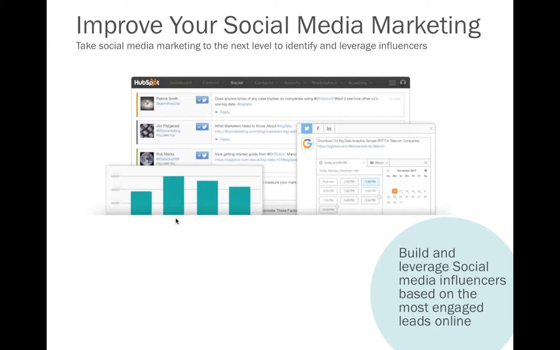So this is one of the key features and a new addition, if you like, to the HubSpot platform, which is the social media inbox. This allows you to track interactions, conversations, and new followers across all of your social media channels. It also allows you to broadcast out your messaging across those channels via the system, and then obviously monitor how